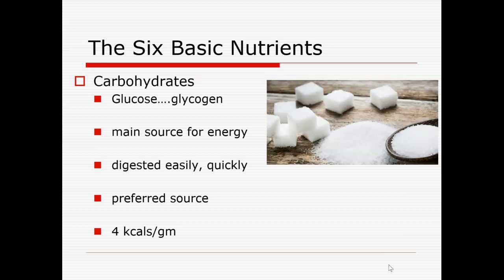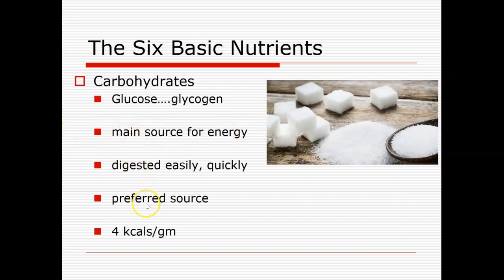Ultimately, what I need you to know is that the carbohydrate base molecule is glucose, right? And so it all breaks down to glucose. As we start putting molecules of glucose together, you get more and more complex carbohydrates. The storage form in the body is glycogen, a compact storage of a bunch of different glucose molecules packed in together. So make sure you have an idea of all these.